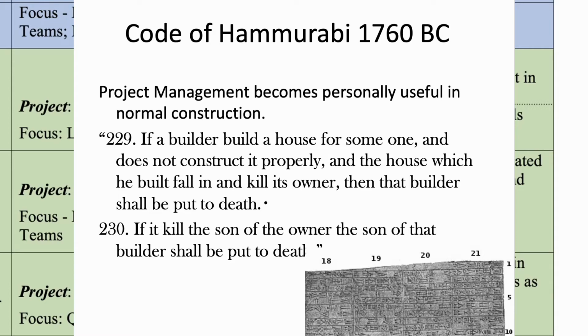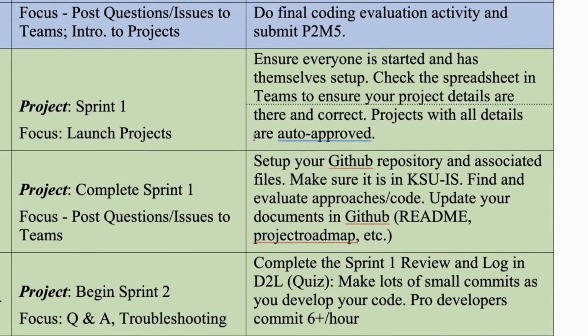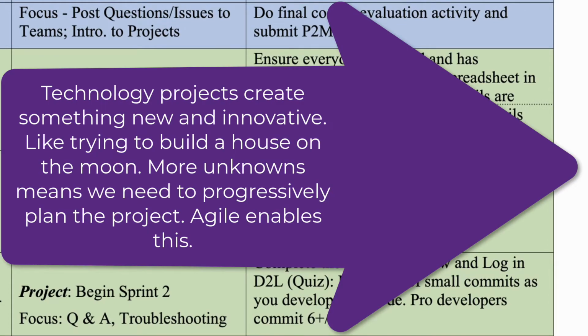In a technology project, we're often building something new to the world, some kind of technology solution that may not have ever existed. I would compare that to trying to build a house on the moon. You've got a lot more unknowns. And so what happens when you have more unknowns is you replan during the project. You have a big outcome goal. You have sort of a frame at the outset, but you intentionally organize smaller sprints of work